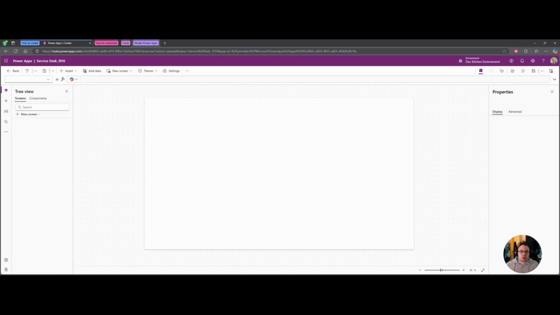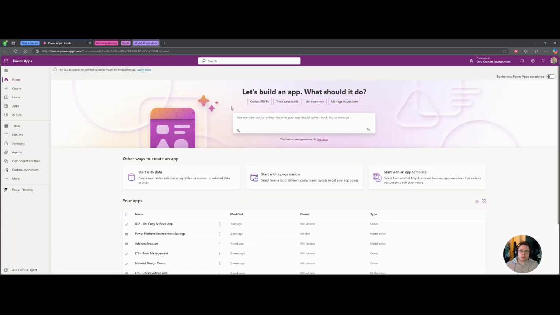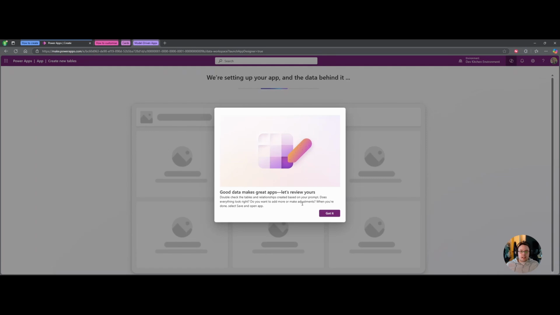Now, there are a few other options that we have available to us, and one of the newer ones, I say newer, it's been around for a while, is this nice box up here, which is essentially Power Apps Copilot, where you can use everyday language, natural language processing, to generate an application. So I could put in here, I would like an app to track my fitness goals as an option. I hit enter, and what will happen is